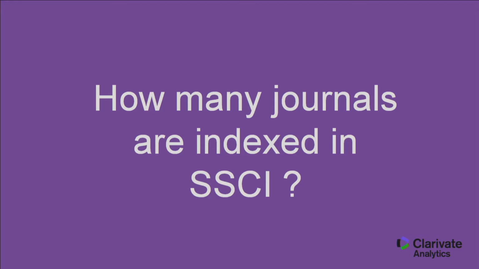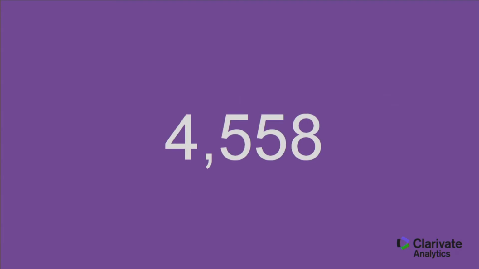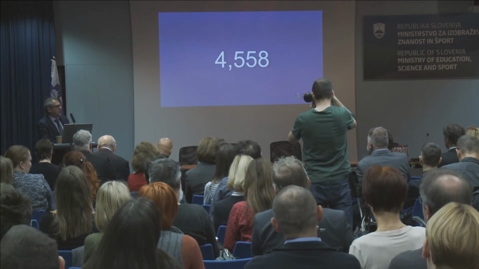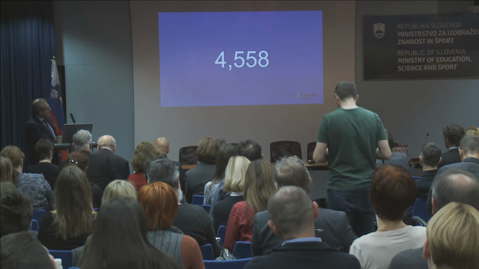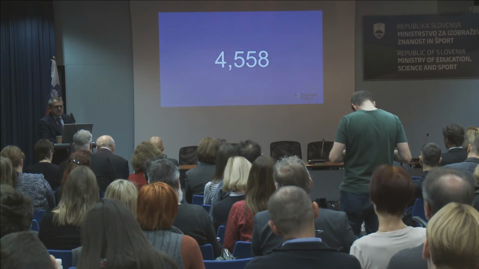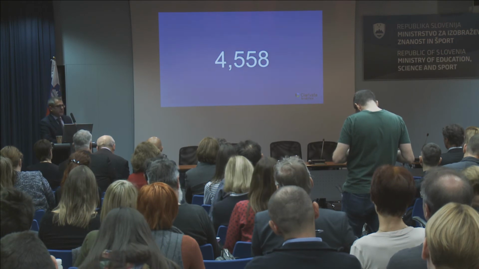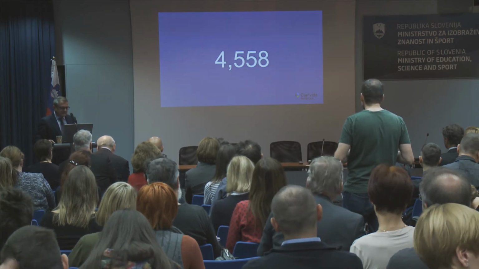And how many journals are indexed in the Social Science Citation Index? Well, you will be astonished to know that the number of journals is more than 4,500, with respect to an overall number of 12,800. So more than 1/3 of journals are social sciences. Then there are even 2,000 that are arts and humanities. So it seems that our database is very comprehensive of social science stuff, but,